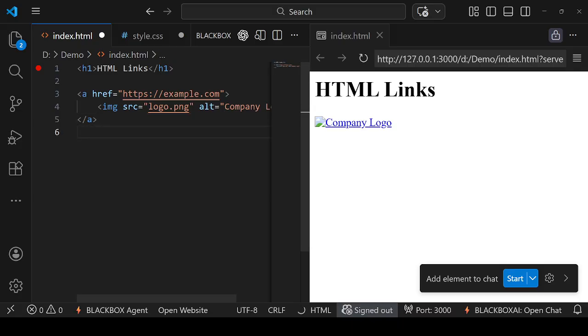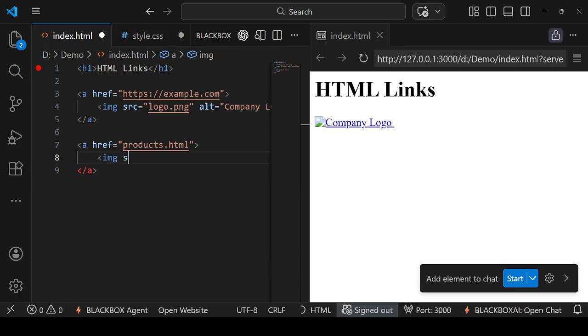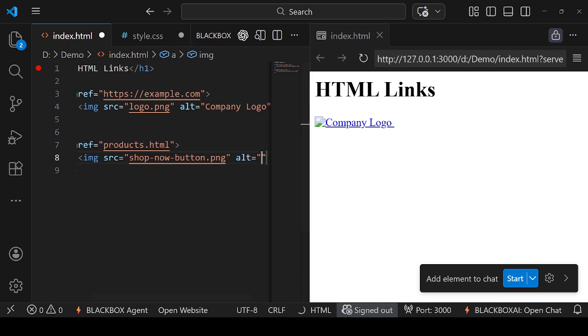For example, I'm gonna use again an anchor tag and href as an attribute, and I'm going to set here the products.html page. Okay, so I'm going to place the image tag inside this anchor tag, and I'm going to set the source here, and I'm going to write here shop now button. Okay, so this is another image, and I'm going to write here alternate text